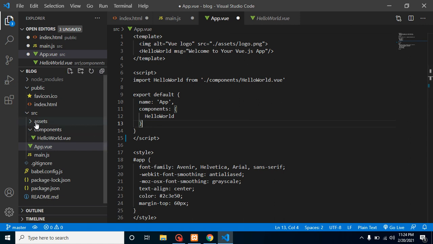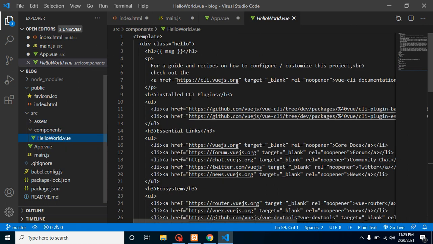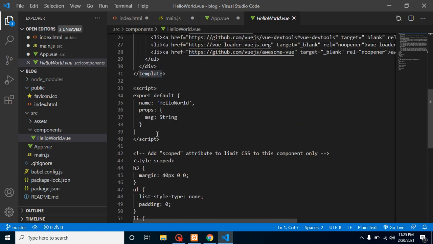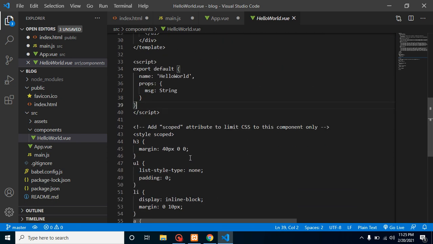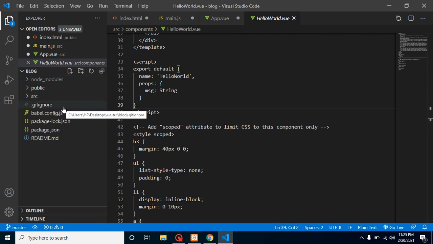Yes, one more thing, which is here you can see assets. In the assets we can put our images, extra or public files, or you can also add your css kind of things, right? And let's take a look at the hello world.vue also. Here this is again a component. You can see that we have a template first of all. After that we have a script tag. Here we will write our javascript code. Here we will write our html code, and in the style we will write our style code also. So this is a basic, or you can say a fine introduction of your Vue application.